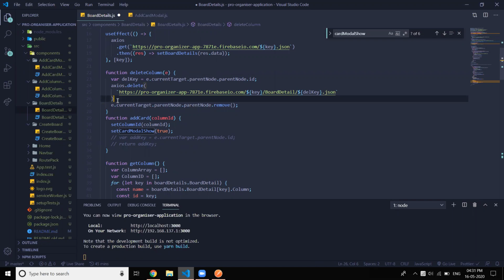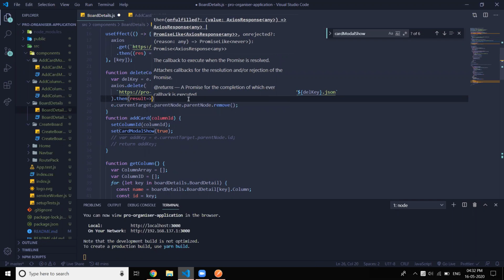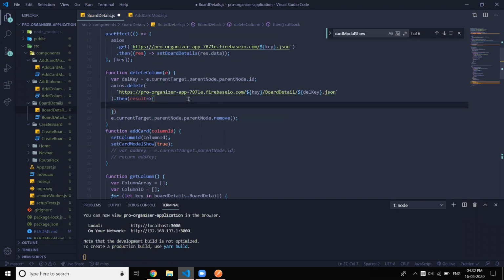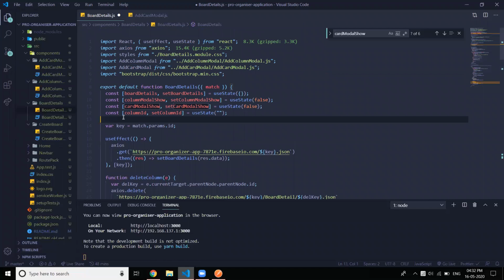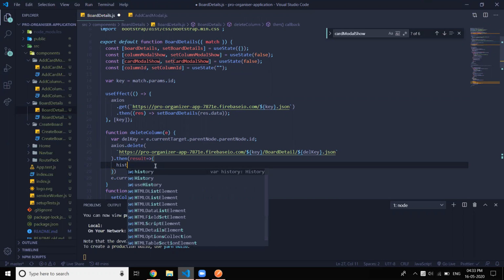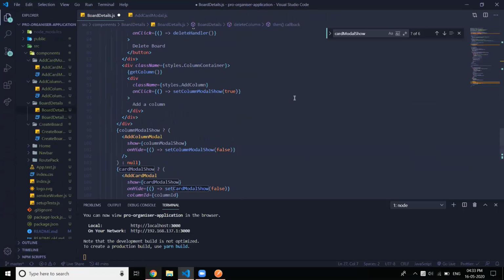You can redirect. You can write dot then over here. So it will get you the result. Just analyze it. The result is 200 and the status is 200. Then what you can do, if this is a function component, right? Here you can use the router. You can use history, I guess. There is some API here. There is a hook for getting history also. But I know that is coming over here as a prop. I have passed it with the withRouter component. Then you have it directly over here. So you can directly use them.